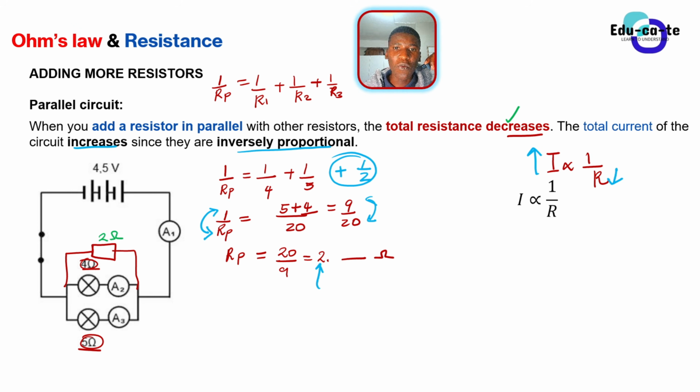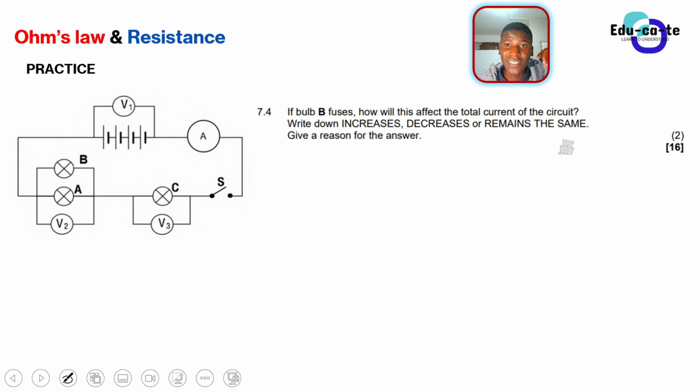Let us now do practice questions to see whether we get the concepts of what I've been saying. So here, this is a practice paper that I've extracted from previous question papers. Here you have a setup of a circuit. It's a combination. We've got a series part as well as a parallel part. We definitely have a positive terminal and a negative terminal, so our direction of current is flowing in this way. This is the direction of conventional current, and then here it is split.